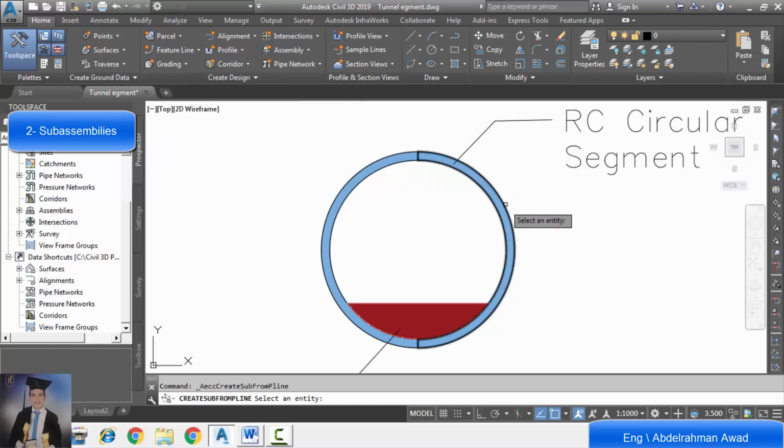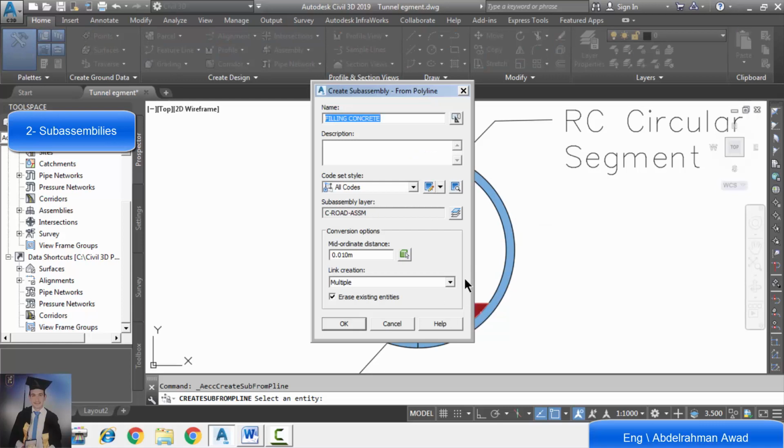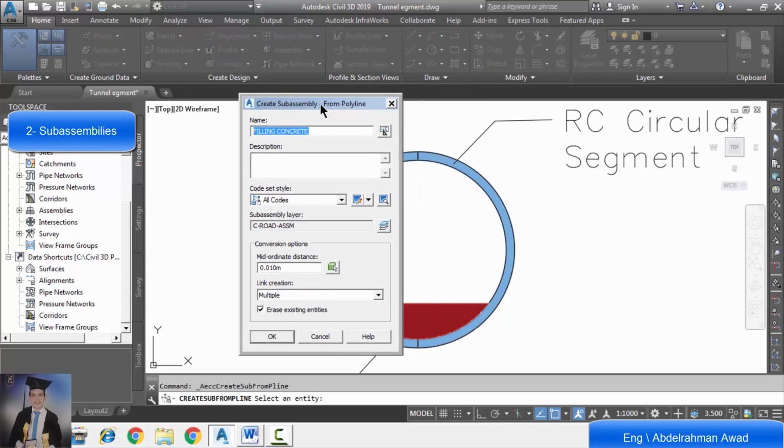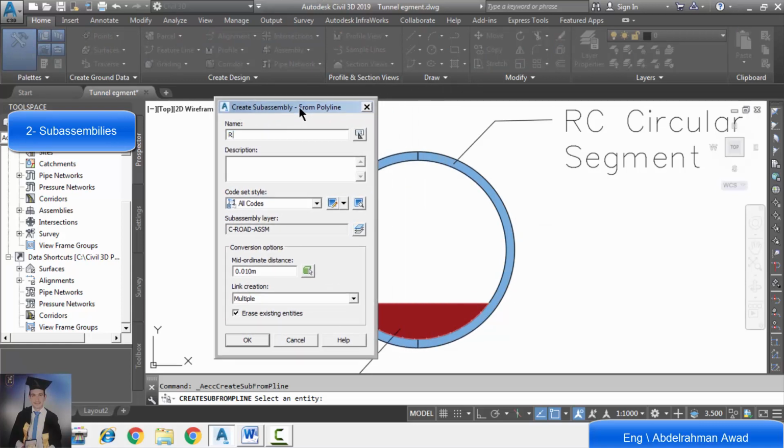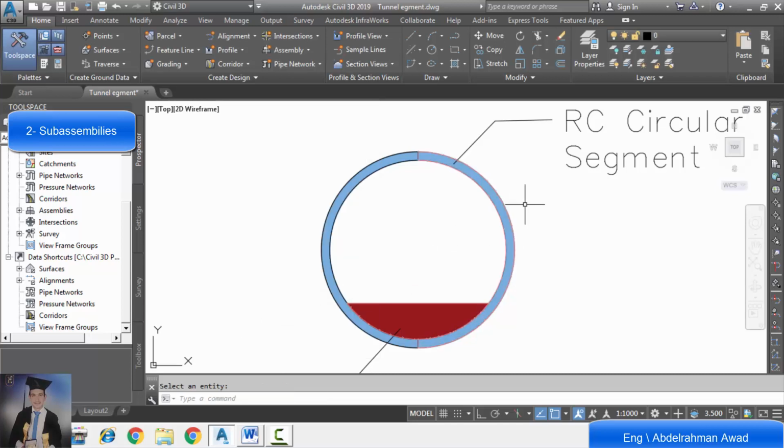We'll click on the right half to transform it to sub-assembly. We'll type another name, right circular segment. Now we transform the right half polyline to sub-assembly.